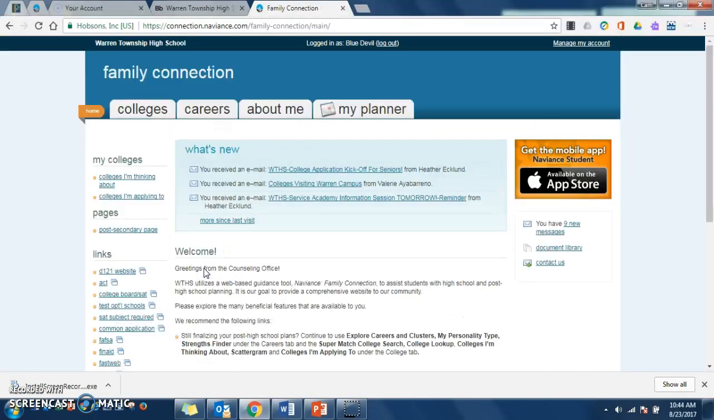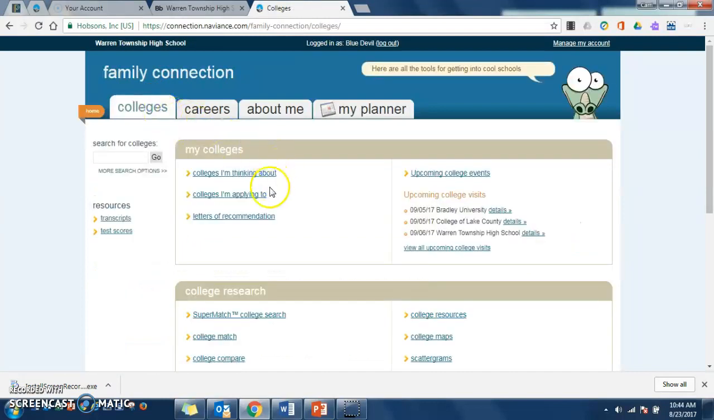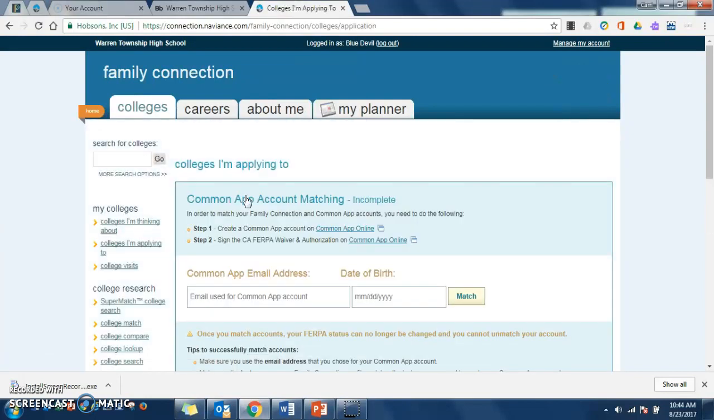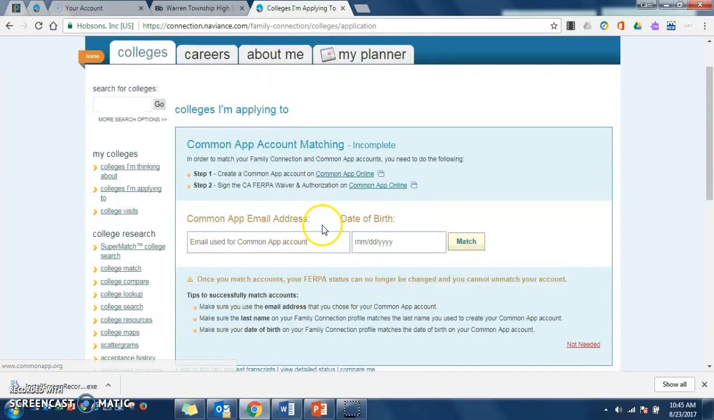When you get to the Family Connection page, click on the Colleges tab. Then click on Colleges I'm applying to. On this page, you'll be able to indicate which institutions you are applying to, how you are applying, and request your transcripts. If you are using the Common application, you will need to complete the Common App account matching blue